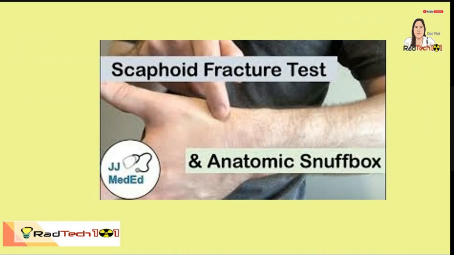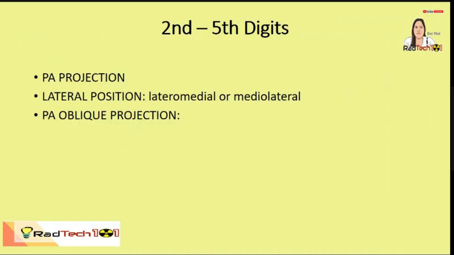Okay, so we are done with the anatomy. We will proceed with the different positions, projections, and methods that we perform when we examine the first to fifth digits as well as the carpometacarpal joints. So we will start first with the second to fifth digits. These are the most common projections performed: the PA projection, lateral position, either lateromedial or mediolateral. So when we say lateromedial,